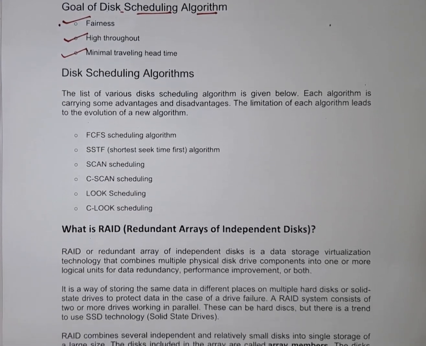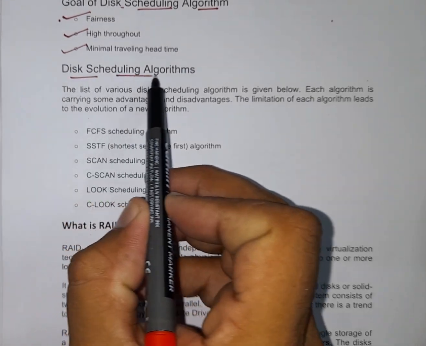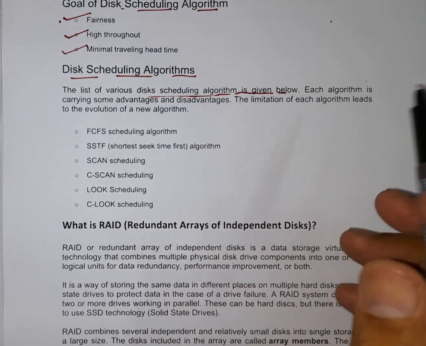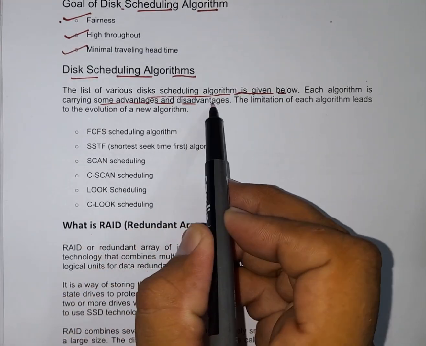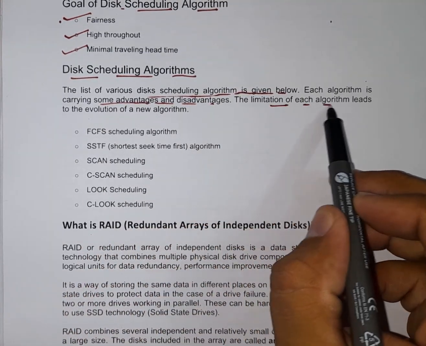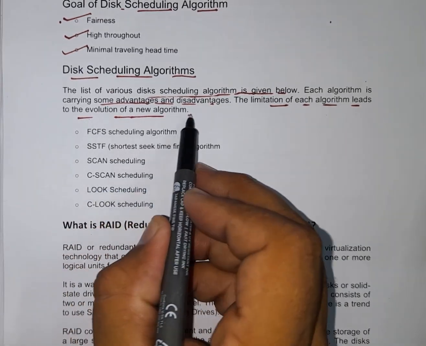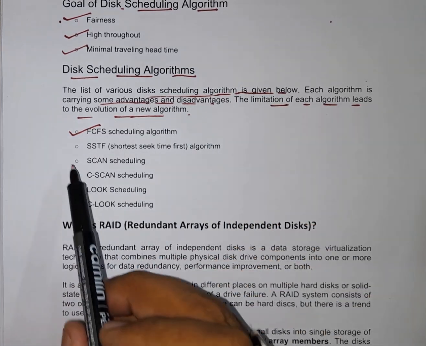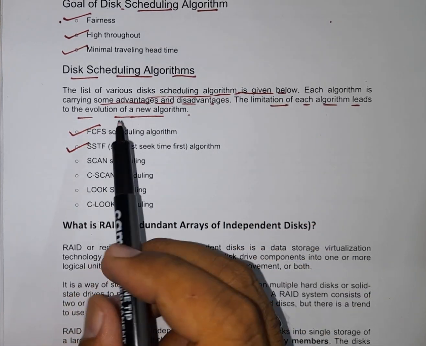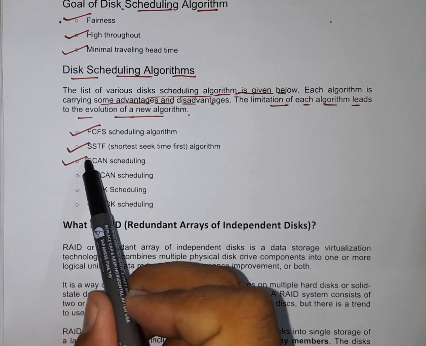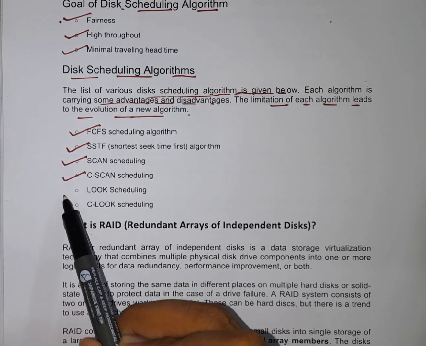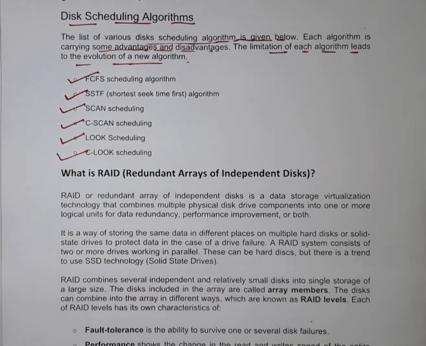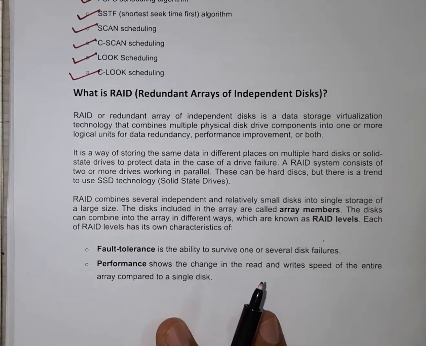डिस्क शेड्यूलिंग एल्गोरिथम कौन कौन सा होता है? The various disk scheduling algorithms are given below. Each algorithm carries some advantage and disadvantage. The limitation of each algorithm leads to the evolution of the new algorithm. कौन कौन सी होती हैं? फर्स्ट कम फर्स्ट सर्व शेड्यूलिंग एल्गोरिथम, SSTF शॉर्टेस्ट सीक टाइम फर्स्ट एल्गोरिथम, स्कैन शेड्यूलिंग, सी स्कैन शेड्यूलिंग, लुक शेड्यूलिंग, सी लुक शेड्यूलिंग, ये सारा का सारा होता है. अब दूसरी चीज़ इसके अंदर क्या होता है? रेड